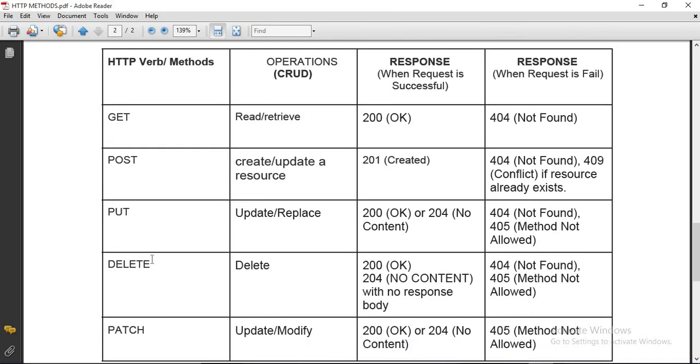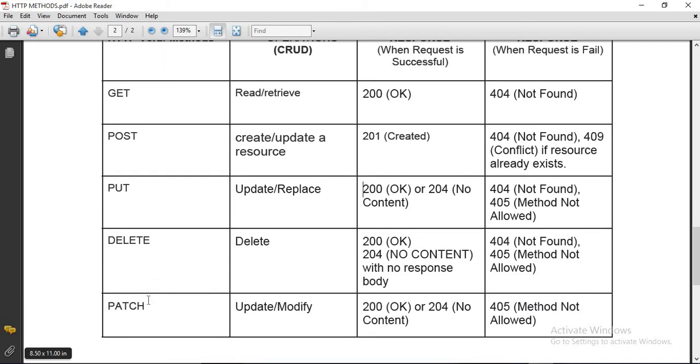Now in case of the DELETE method, the CRUD operation is delete only, and in case of success 200 OK or 204 no content with no response body as well. In case of failure 404 not found, 405 method not allowed. Now the last one is PATCH.